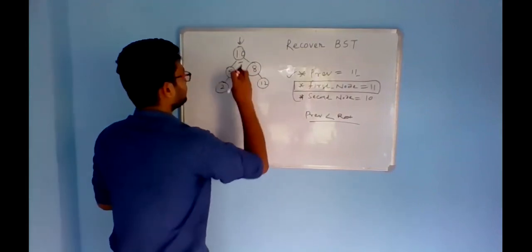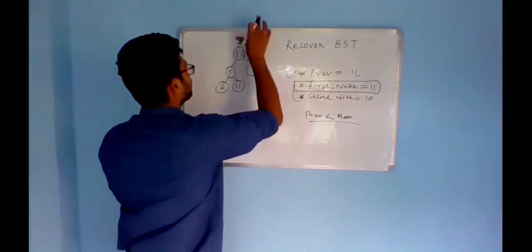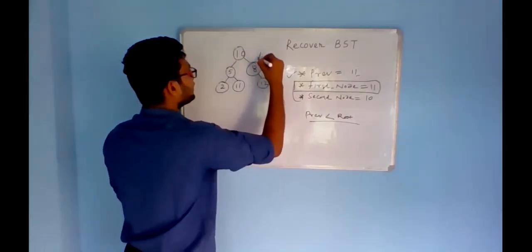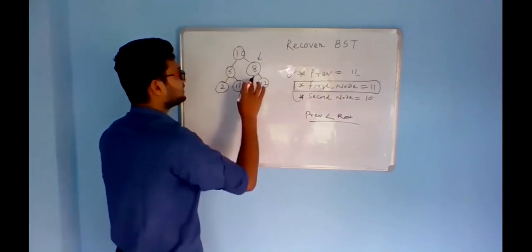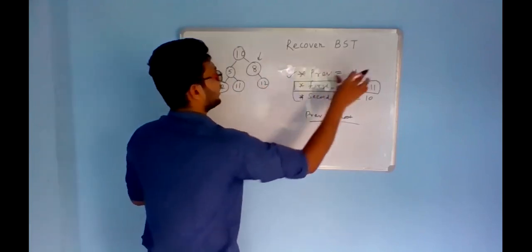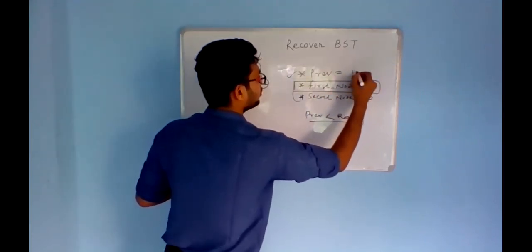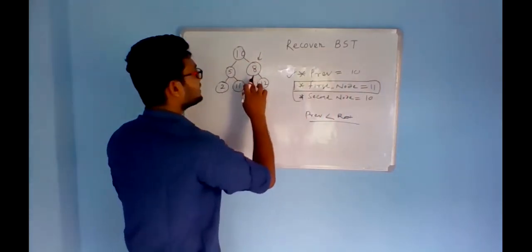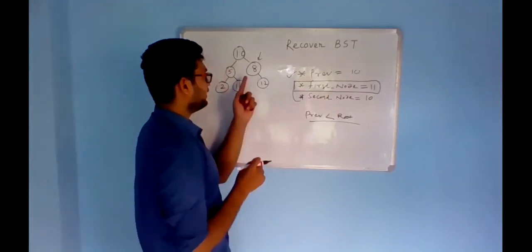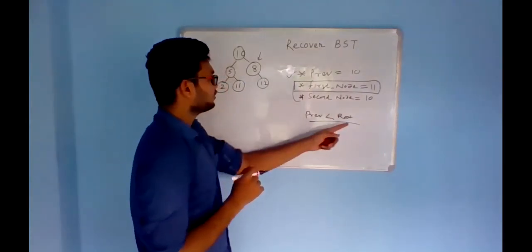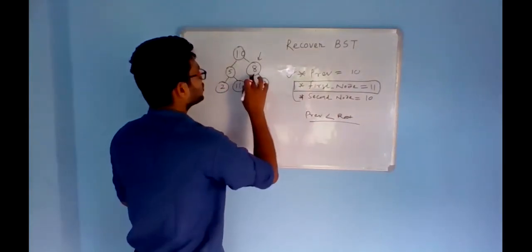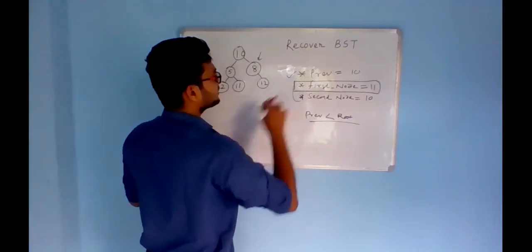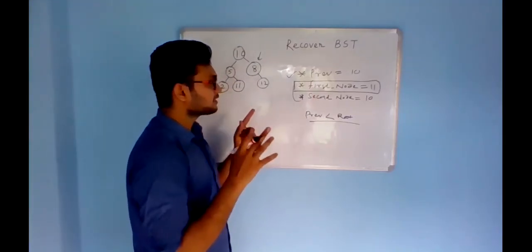All right. Now let's move on. So in the in-order fashion, we then come to 8. Now I see that 8 is basic. I just forgot to update the previous. The previous will now be 10, and now 8 is lesser than 10, and it should be greater than 10. The root should be greater than previous. So as we see that 8 is lesser than 10, there's some mistake.